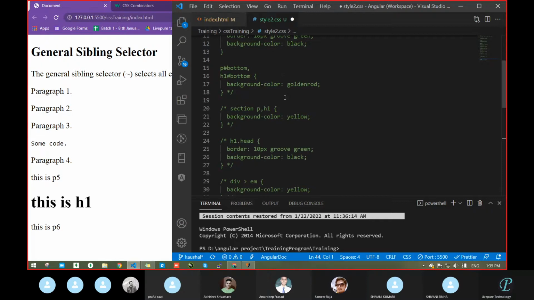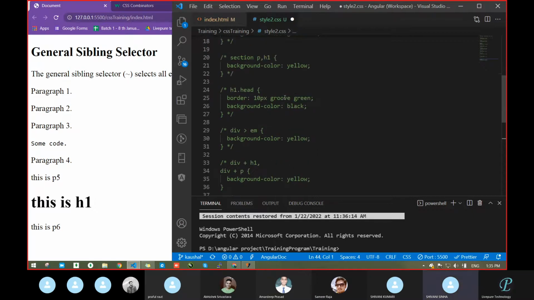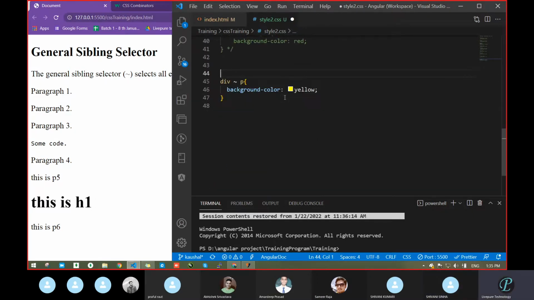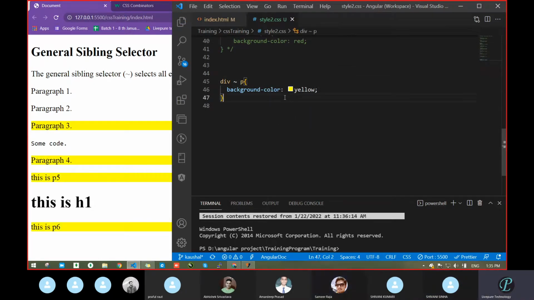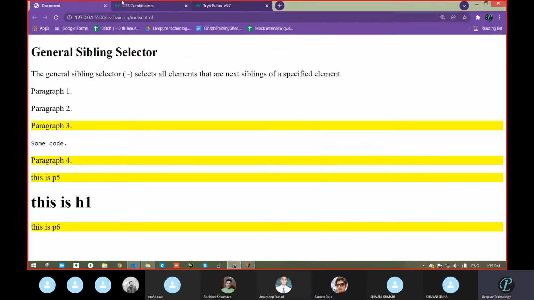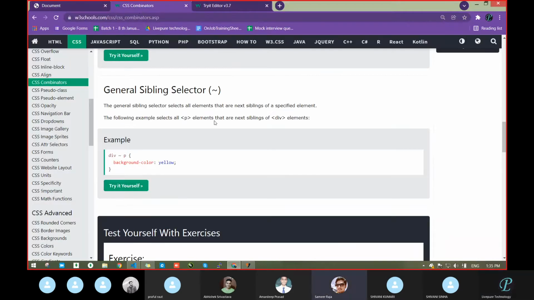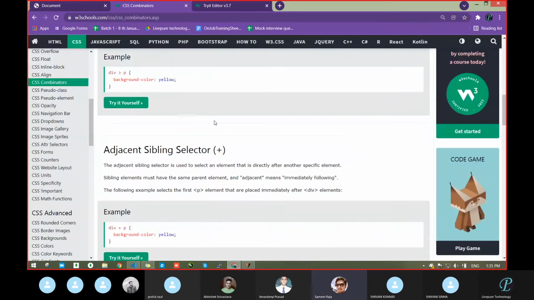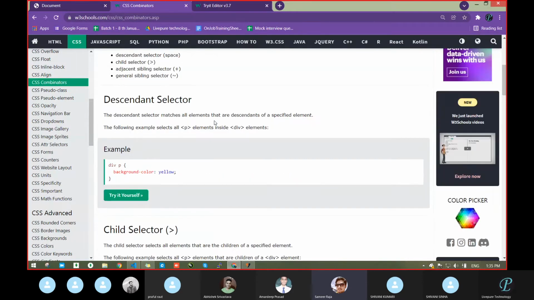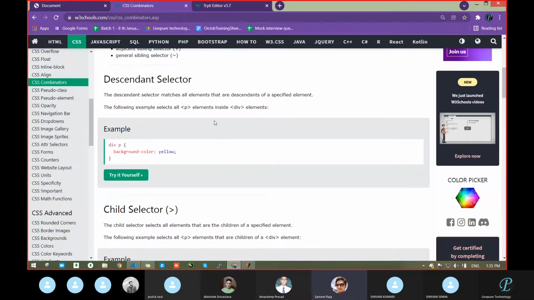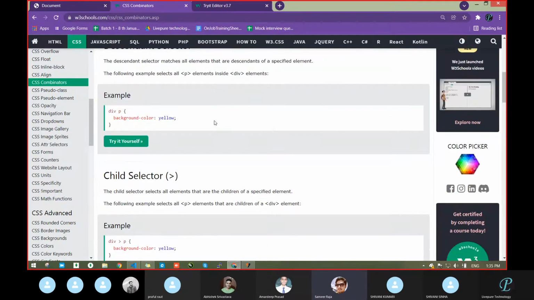Sir, what is the difference between the descendant and child selector? One second, let me explain, sir. Basically, a descendant selector we use with the help of a space, and for the child selector we use the plus operator.